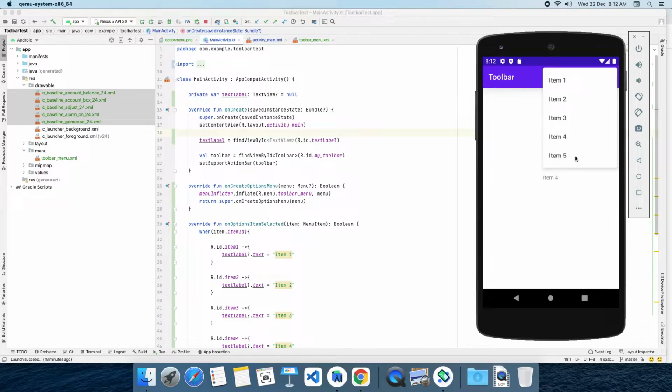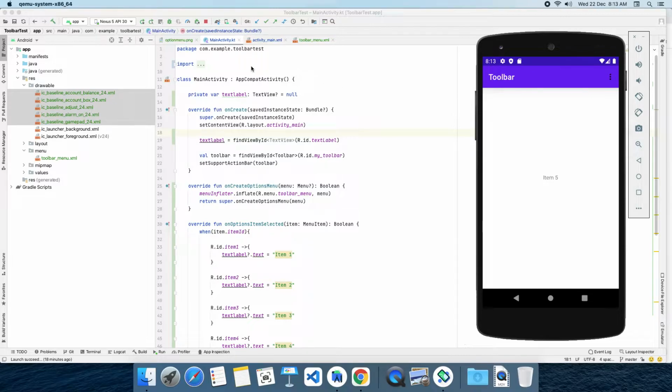Now with respect to the selected category, if you want to show data in the activity, option menu is useful. We can simply add all of our categories in our option menu, and when the user selects one, we can populate the data in our activity. See, item 2 is selected, item 5 is selected. That is why we have the option menu concept in Android. Let's see how to create this kind of option menu in our Android application.